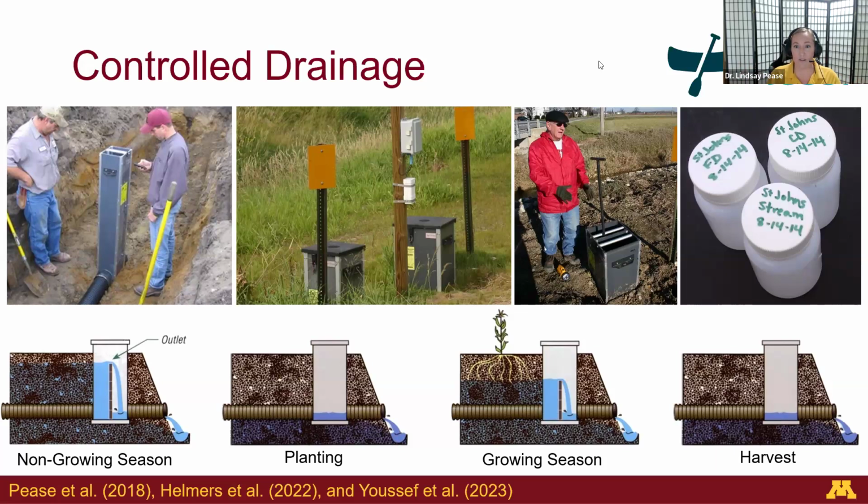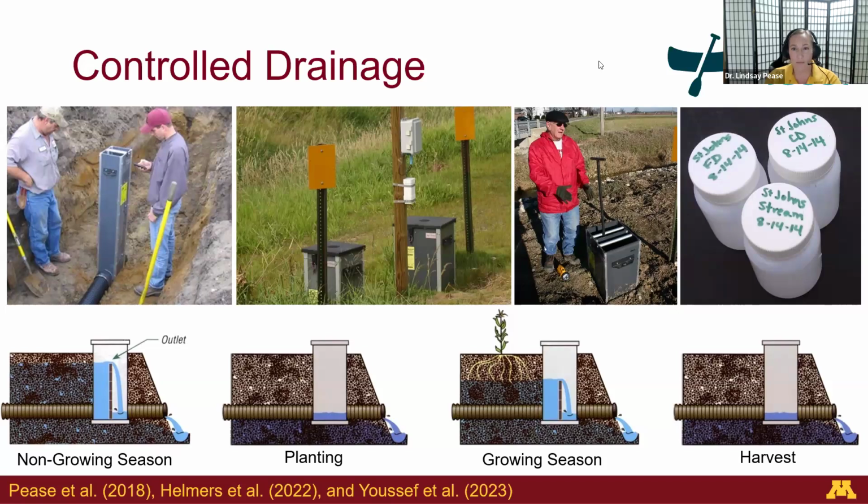So we have this strategy of just manually stacking boards inside of a control structure, which are the gray structures that you see here on the screen. And it's a way that you can reduce the losses, reduce the volume of water that comes through those subsurface drainage systems, and that reduces the nitrogen and phosphorus along with it.